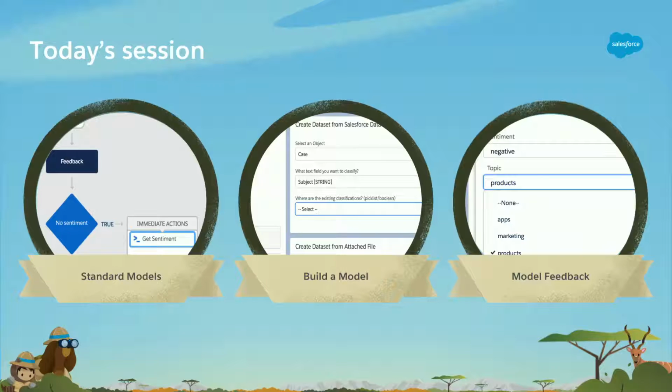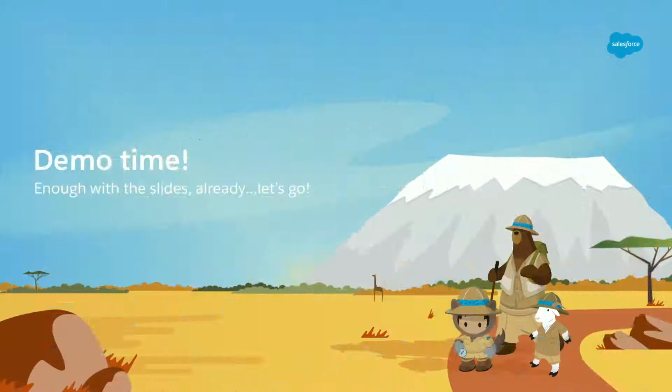And then the third thing we're going to do is anytime you get one of those predictions and it's wrong, we would like Salesforce to say, oh, someone changed that and fixed that prediction. I now want to feed that back into the model so that my model gets smarter over time. Okay? Super simple, no code required, and hopefully pretty fun. That is all the slides that I could possibly stand.